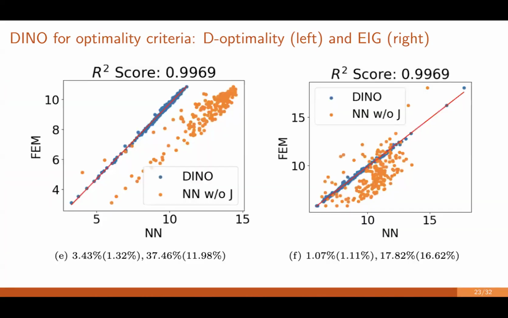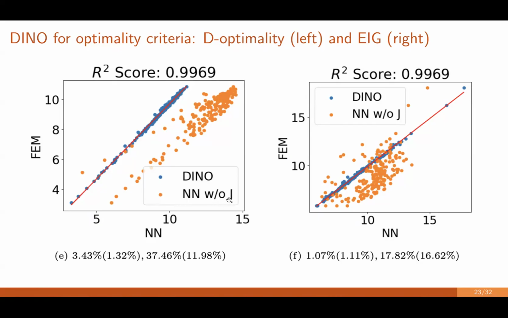Okay, so with the bound of this approximation error, let's see how it performs. On the left, we computed the D-optimality, which just depends on the eigenvalues, right? On the right, we also computed their EIG. On the left, you can see the blue dots, which are the computations over a certain number of samples, let's say 100 samples. And you have the neural network evaluation of the EIG,